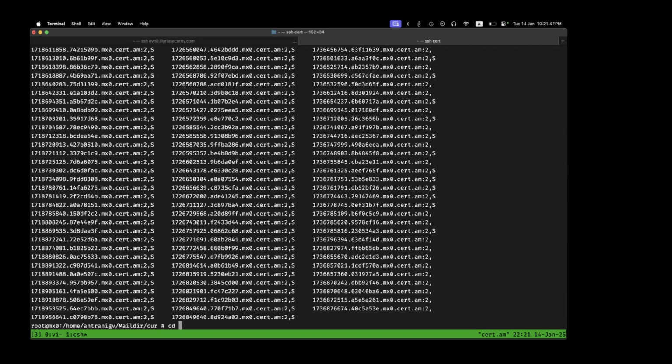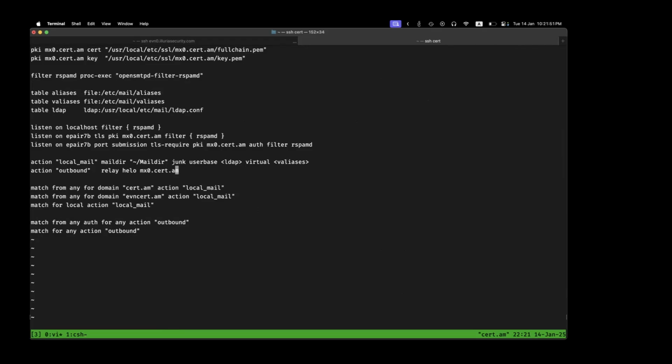So coming back to our config, we also have an outbound. The outbound basically does a relay, so just sends things outside. Then we do some matching. We say match from any. So if it's sent from anyone, for the domain cert.am, we do local mail. That's the action that we do. If we do for the domain EVAnswer, because I have two domains, also do the action local mail. And for a match for local, so if it's going locally using MailX or Alpine or whatever, it will also